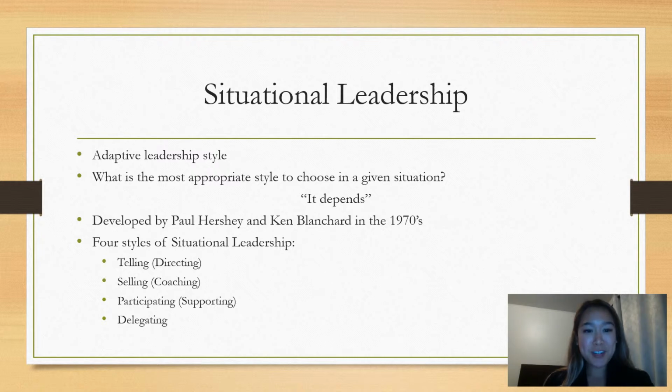Thank you for the introduction, Xing. So I am going to discuss situational leadership. This type of leadership can also be identified as the adaptive style, which was developed in the 1970s by Ken Blanchard and Paul Hershey. So both of these guys theorize the importance of flexibility and adaptability of leadership in the